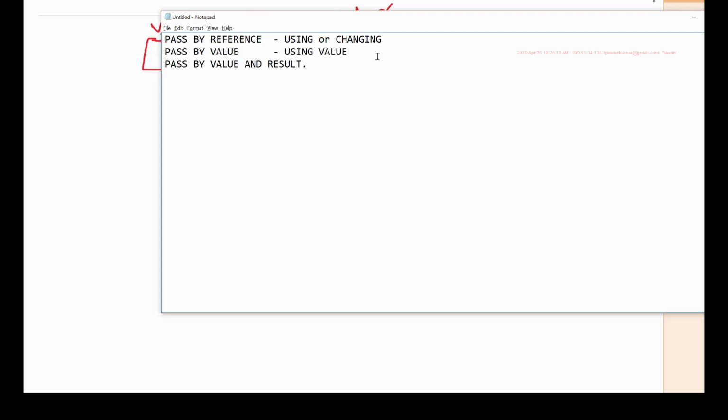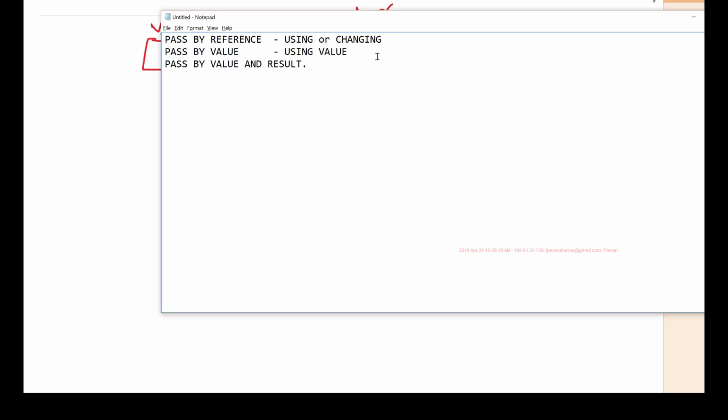If you change the formal parameter within the subroutine, then only that formal parameter will change. The original is never changed. The actual parameter will still have the original data, right? Whereas if you have a situation where you want to process the data in a subroutine, but you want to change the original memory conditionally. If certain conditions are met, then you want to change the original, otherwise you don't want to change the original. If I pass by reference, I don't have that opportunity, because the moment I change the formal parameter, the original is immediately changed, so I cannot check for a condition.